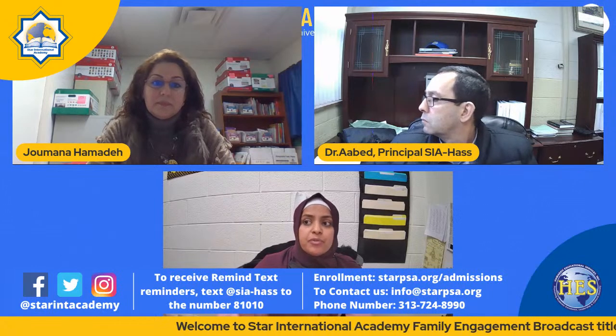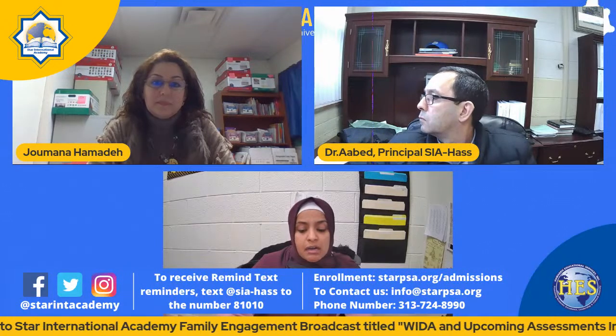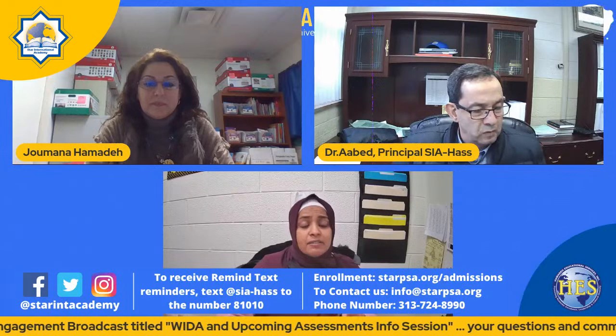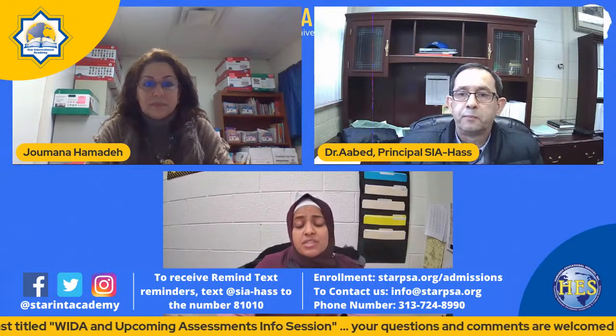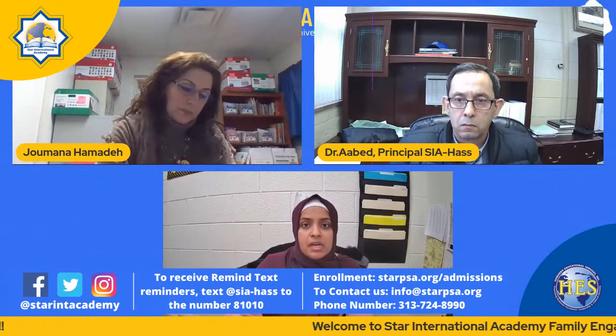And then for the first and the second grade students, they are entering the building from different exits. So we do have certain areas throughout the building for the students to enter from. If your child, for example, is in 1A, please do talk to the teacher in the 1A classroom to know what location in the building they'll be entering from. We do have specific doors for students to enter the building, and all the other protocols are similar to Haas.